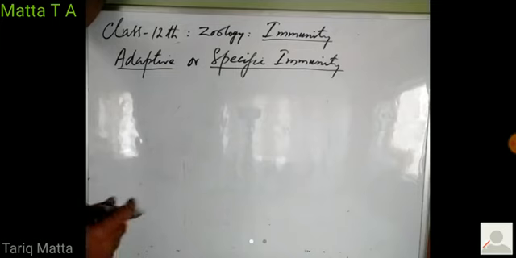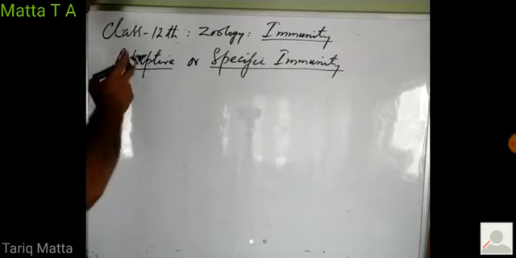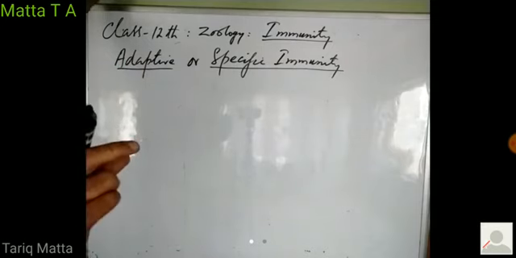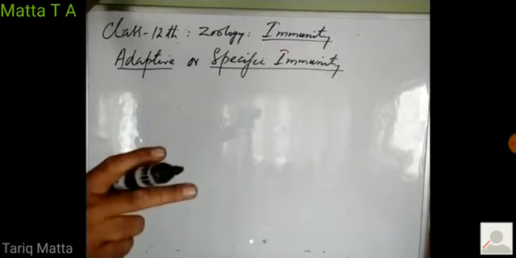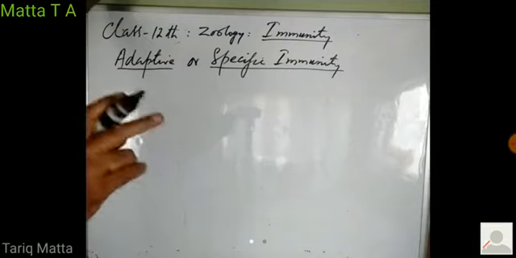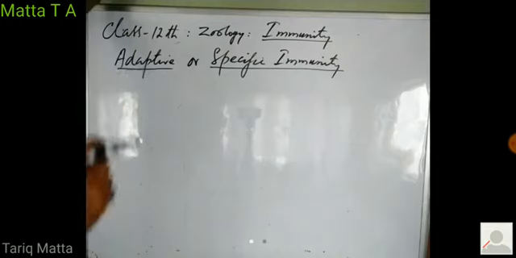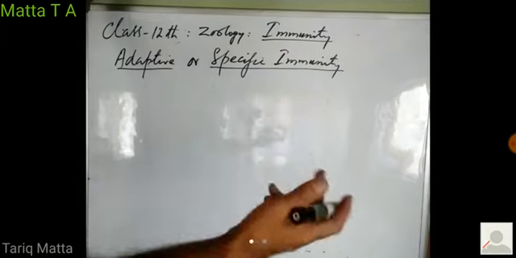For example, we are suffering from diarrhea. Most diarrhea is caused by Vibrio cholerae. We are suffering from cholera, in which diarrhea is one symptom. Cholera is caused by Vibrio cholerae. The immune system will produce specific antibodies and defensive cells against Vibrio cholerae. If the same person then gets infected by pneumonia, Diplococcus pneumoniae, those antibodies and defensive cells which were formed against Vibrio cholerae will not work against Diplococcus pneumoniae. So it will form separate antibodies and defensive cells against Diplococcus pneumoniae.